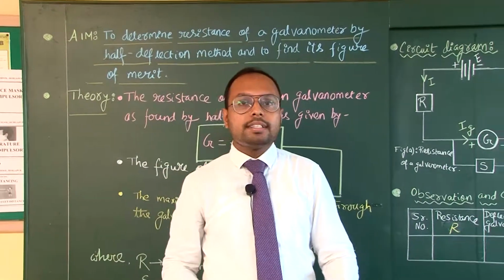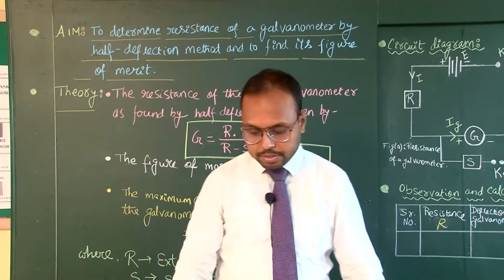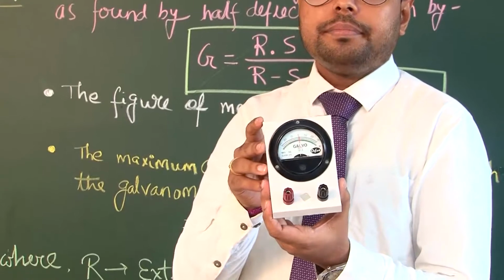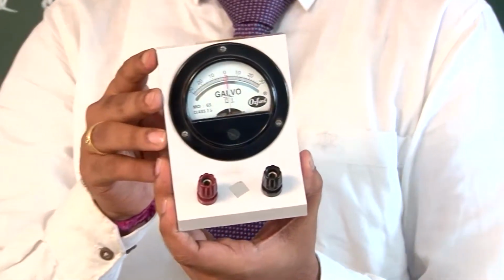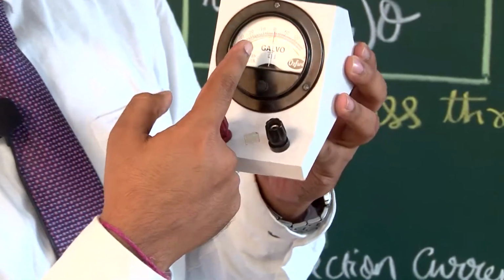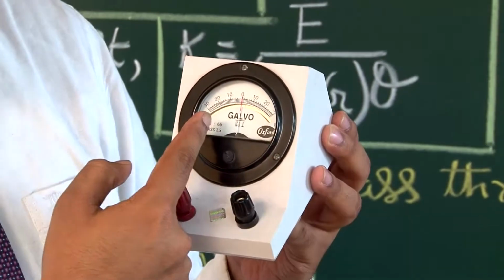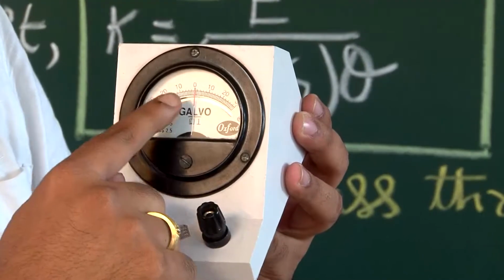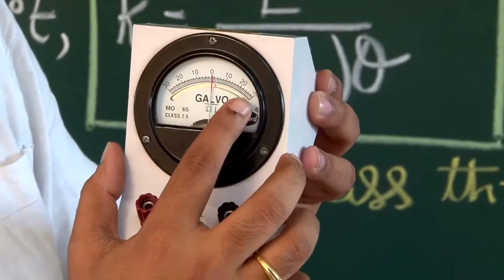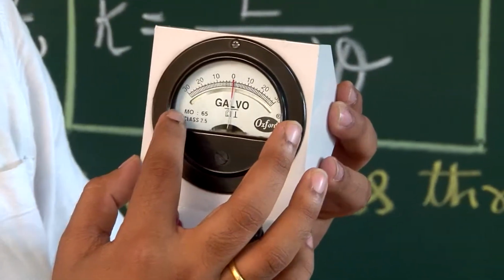First of all, what is needed for us is the galvanometer. Now, I am showing you a galvanometer first. All of you see this galvanometer. In this galvanometer, as you can see, one pointer has been given. Presently, the pointer is at null point or 0 point. Both sides of the galvanometer you can see maximum deflection reading has been given. Maximum reading on this side has been given as 30. This side also the maximum reading has been given as 30.